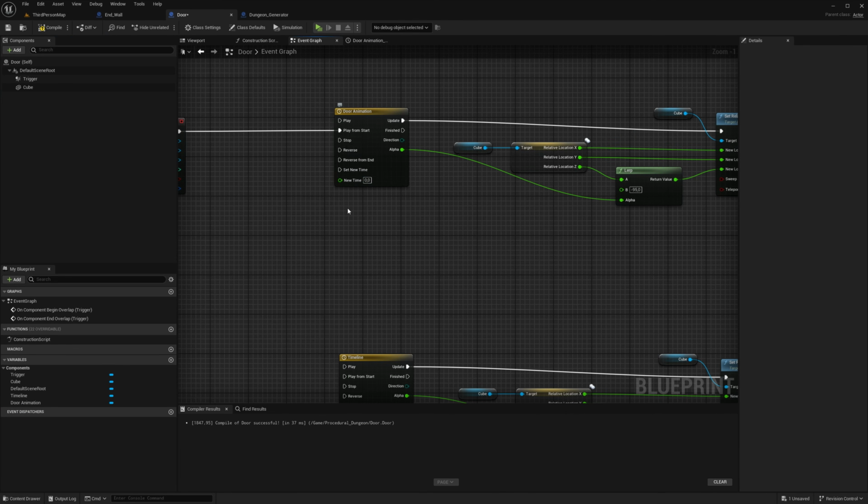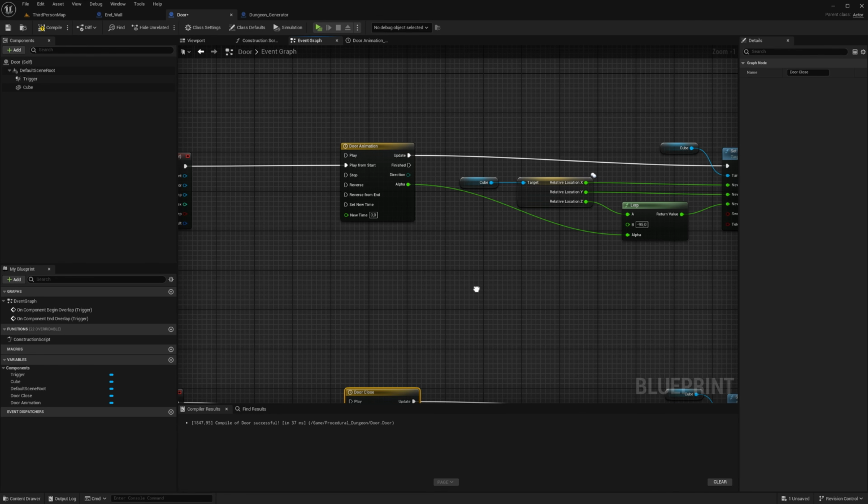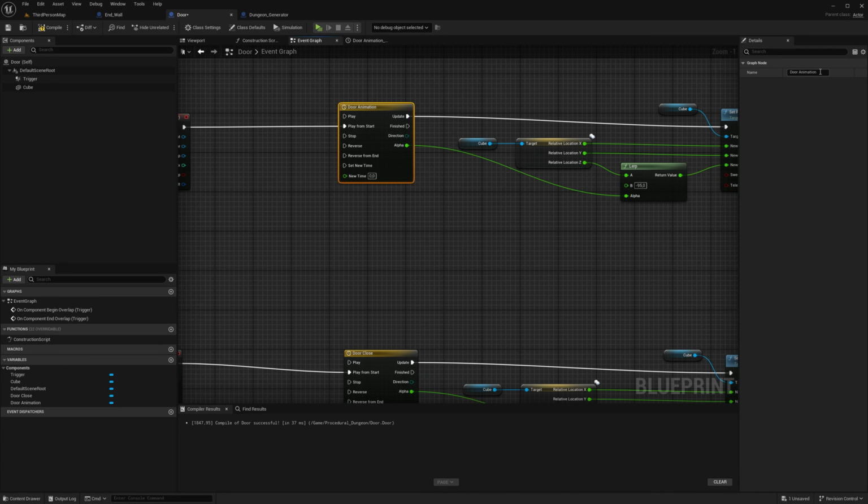So forget that system. Plug it in from start. Rename this timeline to door close. We should rename this to door open animation, because it's an animation. Door close animation.